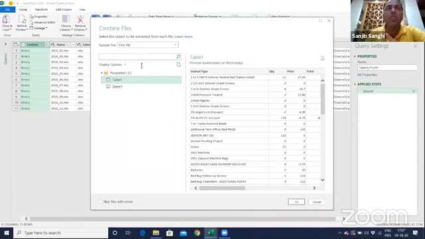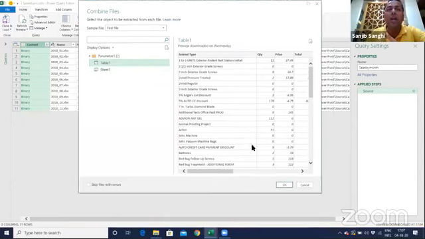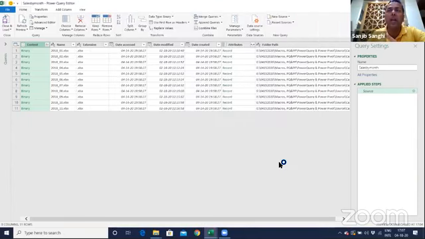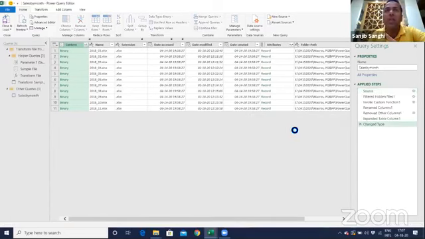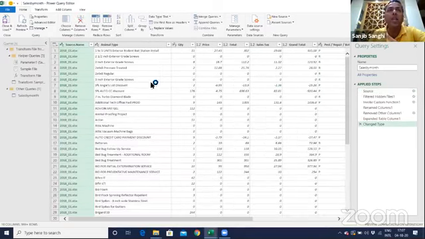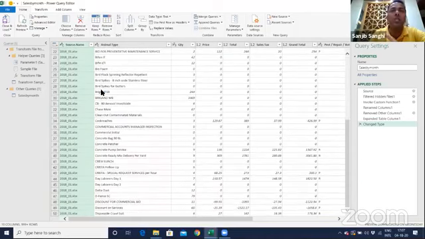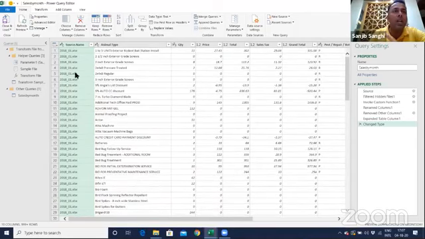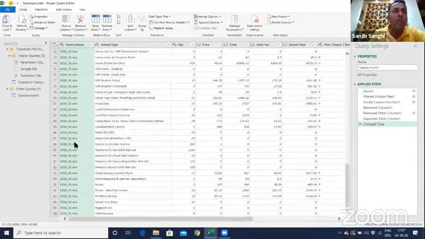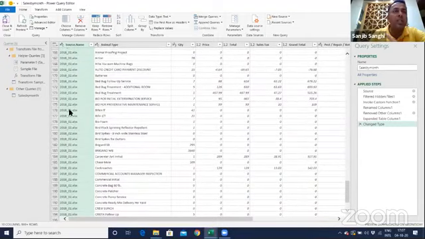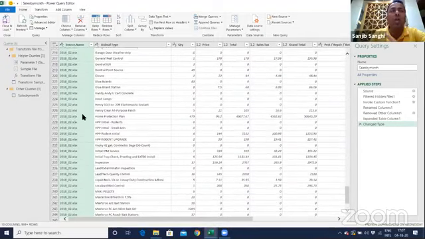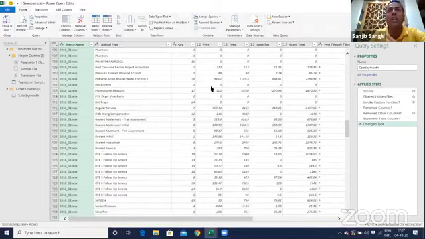So in this case, we are using table, and I hit OK. As soon as I do that, it will start working. Now this is going to take a while. It's evaluating the query, and it is creating this as a table. Watch, the entire table is created with table 1. This is file number 1. It has taken file number 2, file number 3, all the files it has taken. All the data is right now in front of me.